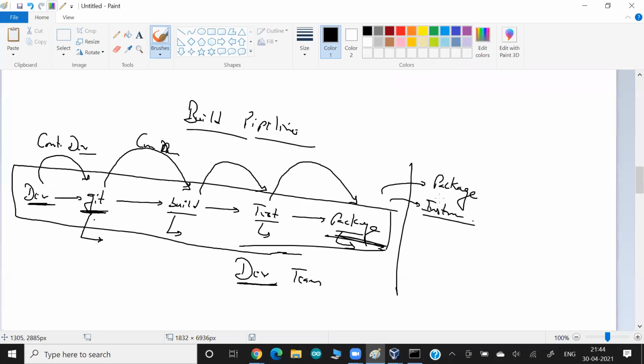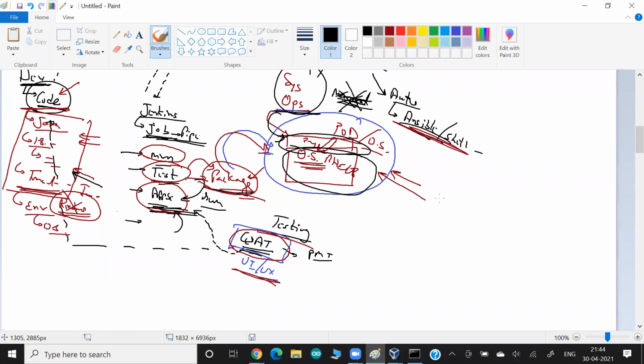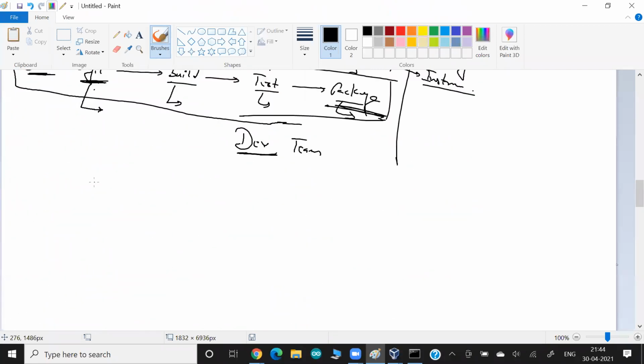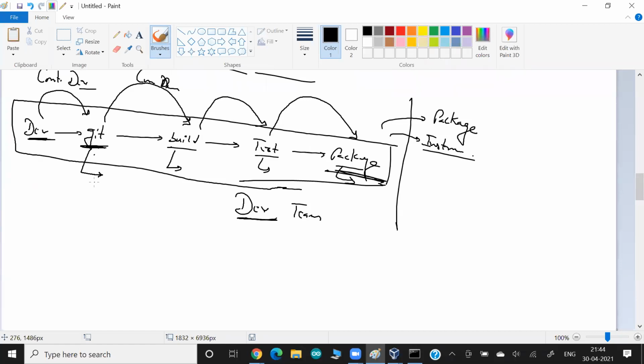By instruction I mean this: if you want to run this package somewhere to further test how the website or app looks and feels, I am giving this instruction. This instruction, guys, is read by a different team, let's call it the sysops or IT team, sometimes also known as the operations team. They read this instruction, and by reading it, either they manually set up the entire environment,